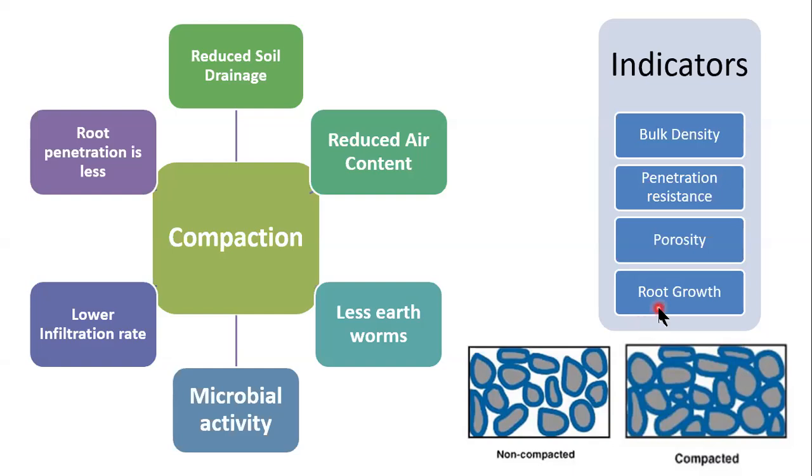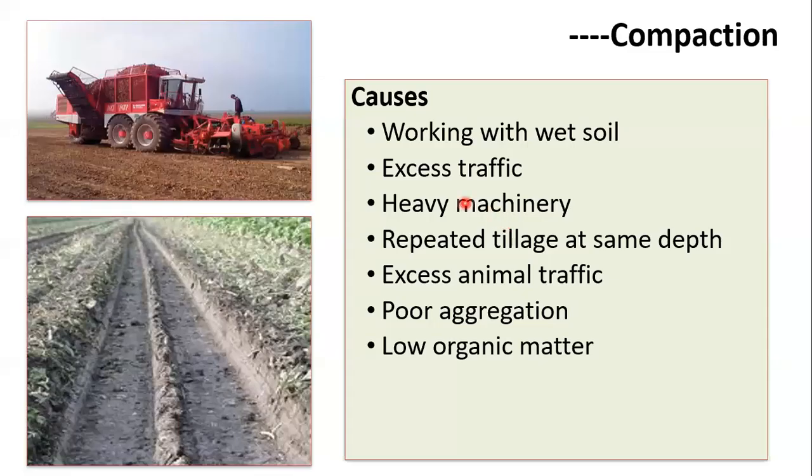Root growth patterns can also be a good indicator. If our roots are going deep into the soil, it means the soil is not compacted. But if the movement is more horizontal or on the surface, then the soil is compacted. Among the causes, we must know what the causes are, because if we don't know the causes, we cannot manage it. So first of all, if we work with wet soil, we will get more compaction